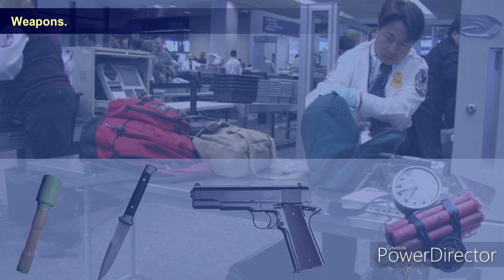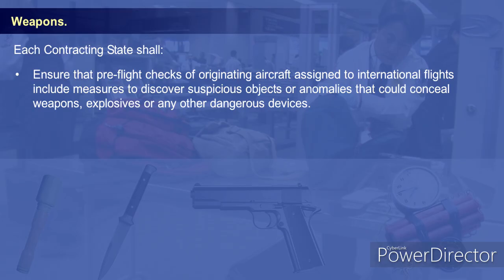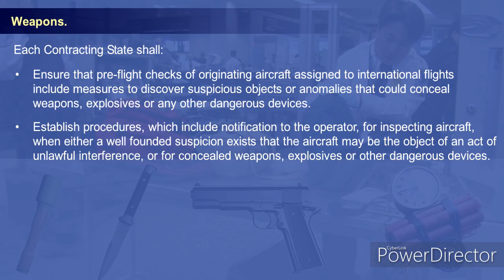Contracting states shall establish measures that prevent weapons, explosives, or any dangerous devices from being introduced by any means on board an aircraft engaged in international civil aviation. Each contracting state shall ensure that pre-flight checks of originating aircraft assigned to international flights include measures to discover suspicious objects or anomalies that could conceal weapons, explosives, or any other dangerous devices,